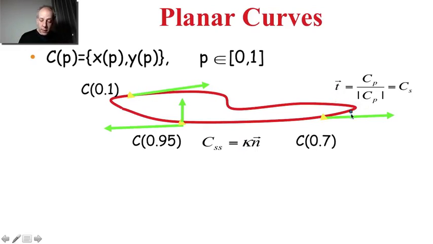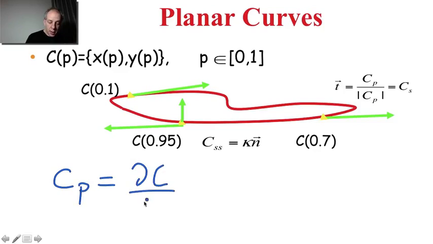Basically, we have a curve, and we can take the derivative of this curve. So this is where differential geometry starts to appear. C_p stands for the derivative of c taken with respect to p. It's just a simplified notation of the derivative of c with respect to p,